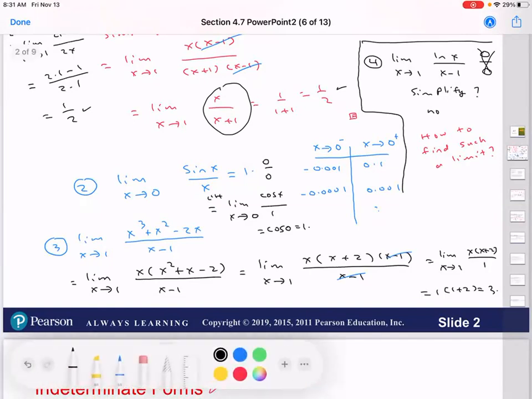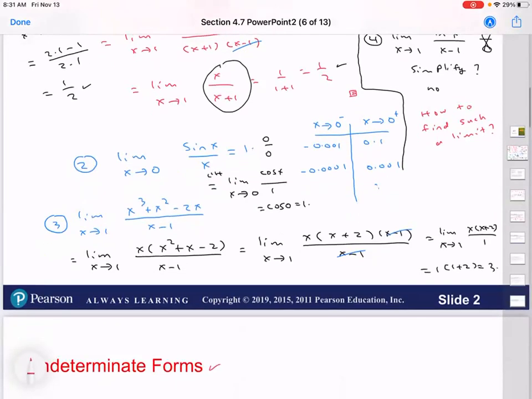Look at number 3. Again, in number 3, if you find the limit of x cubed minus x squared minus 2x, that's a polynomial function. To find the limit as x approaches 1, you can plug in 1 for x. If you do that, you get 0 in the top. Similarly, you get 0 in the bottom, indeterminate form. Well, instead of simplifying this and doing it this way, you can just apply